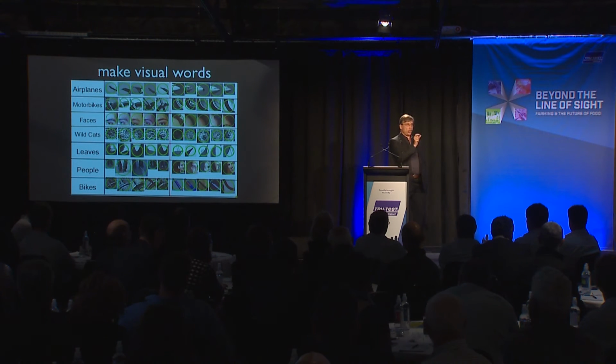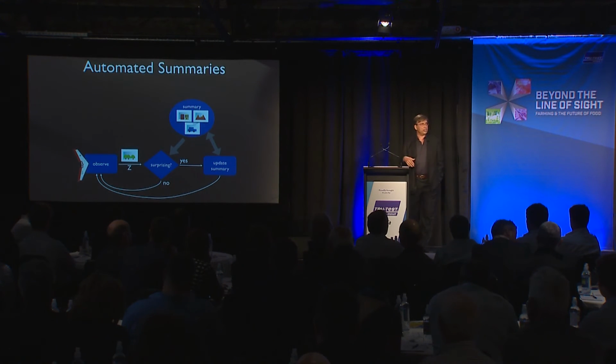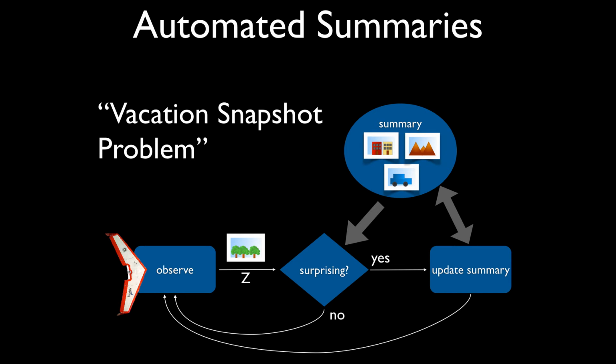And so this notion of making visual words, by analogy to English words, then allows us to use the same kind of ideas to organize these things statistically into groups and categories that we can use to let our robots understand their world. And so we can take this idea of organizing things statistically and build a robot system that flies around the world, makes observations, builds a summary, and when it sees things that are surprising with respect to that summary, that is, we see a type of document, a type of image that doesn't fit into our known classes, we add that to our summary. That has become a novel thing. And if we don't see that, then we can reject that image,